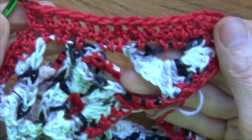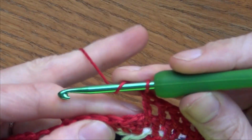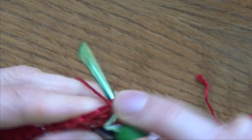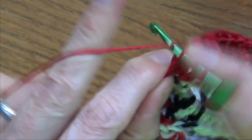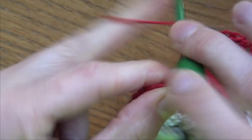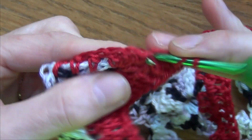And you see it's still lying flat, and then at the end of this corner we do the same thing. So just go around like you've been doing, and same with your corners, you do your double crochets and your chain 2. Right, so I thought I'd show you the first corner. You just go into each one of these doubles like you've been doing, and then in this space here you do your chain, your 3 double crochets, 1, 2, 3, and then you do chain 2, and then another 3 in the same space,